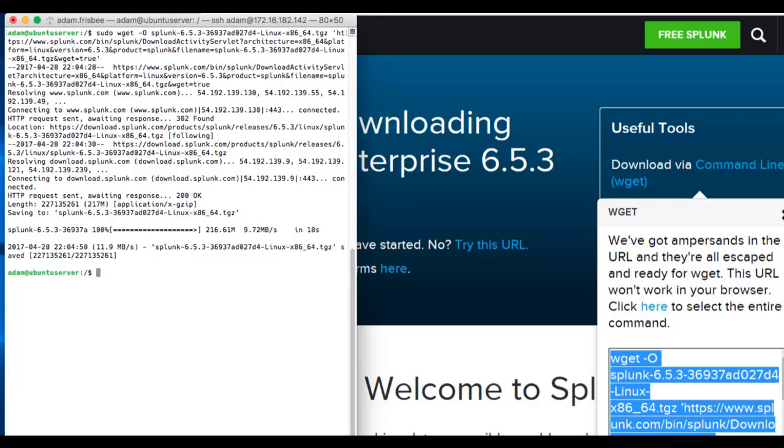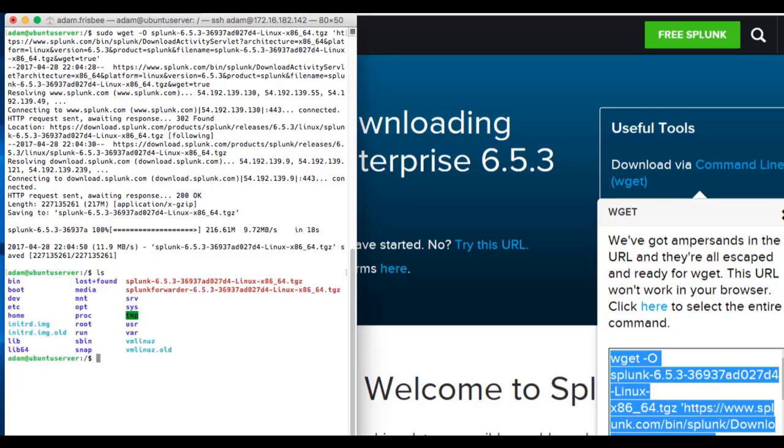And once again, we will make sure it's there. There's our old forwarder tarball that we downloaded. And there's our Splunk Enterprise instance that we just barely downloaded that does not have the word forwarder in it. So let's copy that again to opt. And remember, on Linux, that's where Splunk likes to live. So sudo cp,